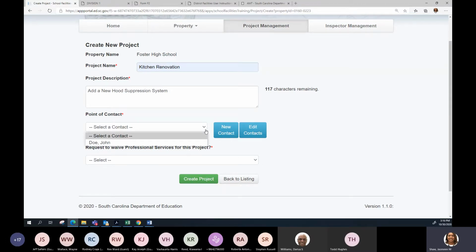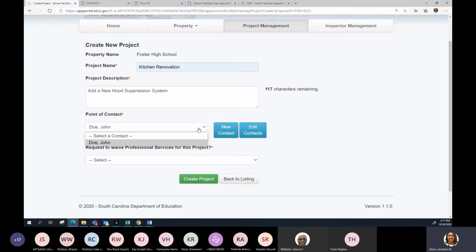Say for example, you have maybe an administrative assistant who is representing you as the facility data entry person, but your point of contact is going to be John Doe for your district location. So your admin assistant can select John Doe as the person that's going to be your point of contact for the district.